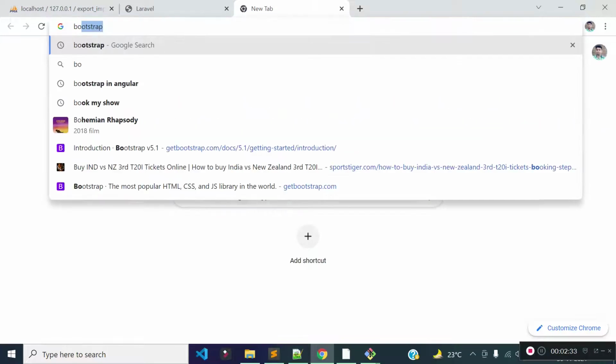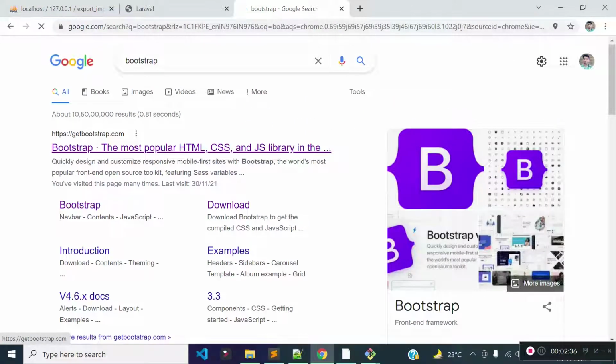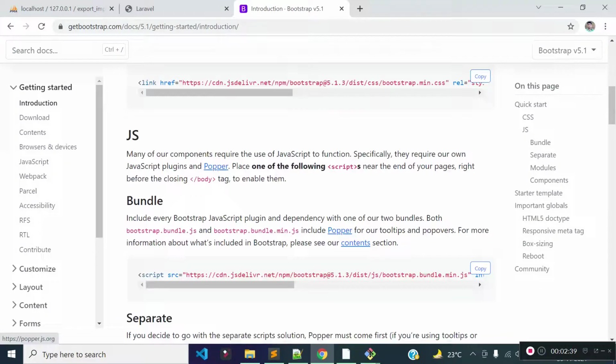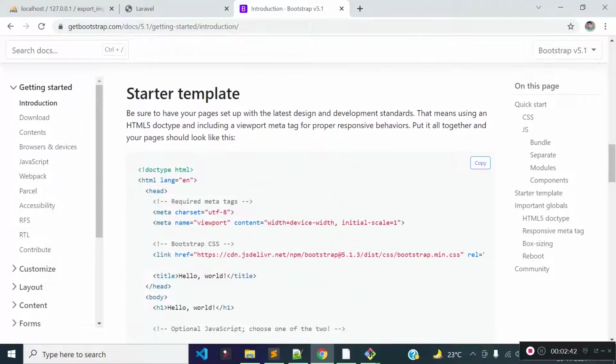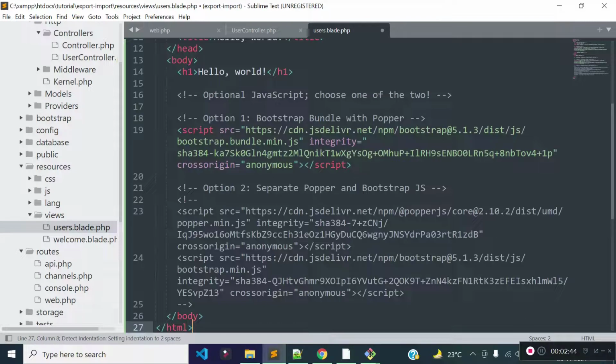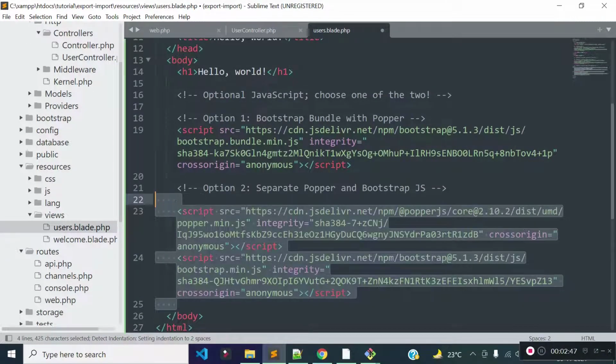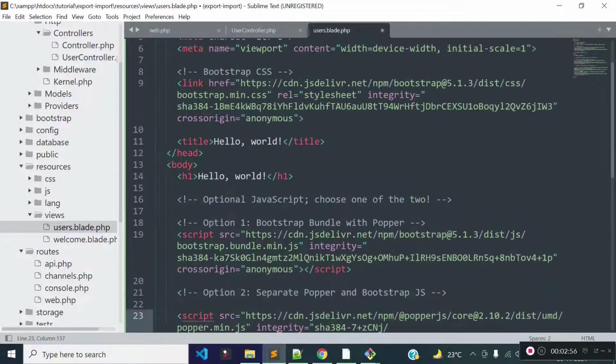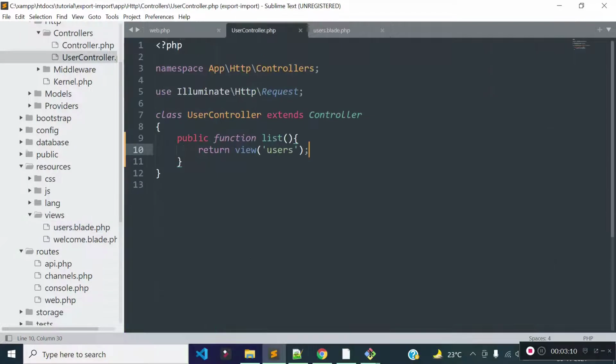So let's search Bootstrap in Google, and then click on this link, then get started, and then let's copy the starter template from the Bootstrap library, and paste the starter code, and then remove this comment from the code, which adds Bootstrap and Popper.js, and then change the title to users, and then make changes to this h1 text,